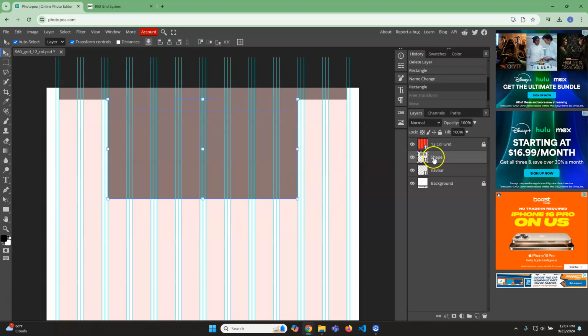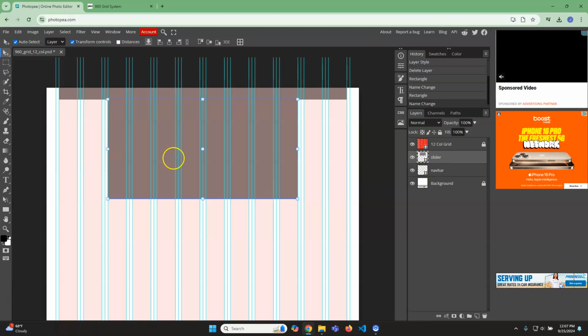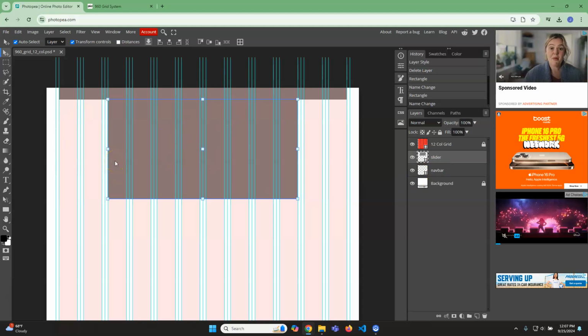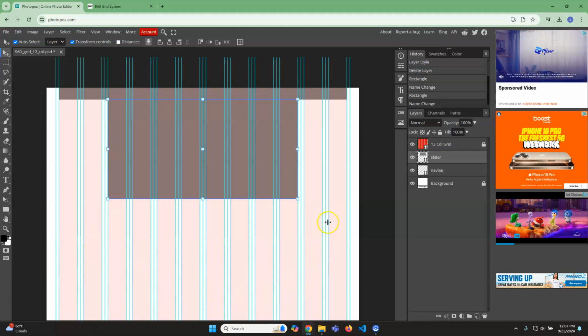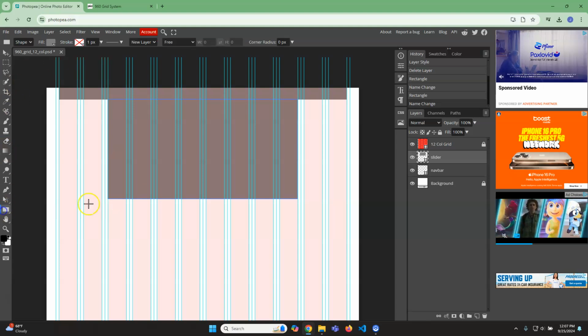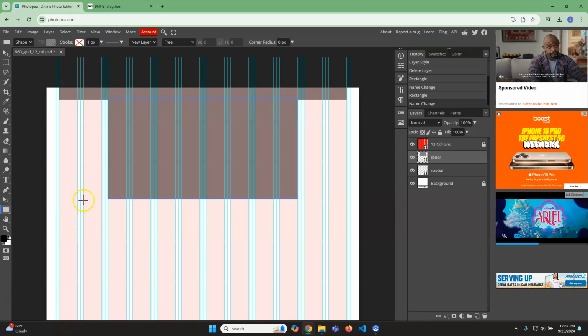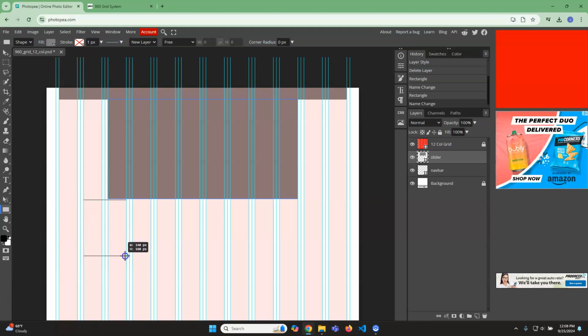So there we go. Let's rename this one, and we're going to call this a slider. Okay, that'll be like our call to action, our big, whatever we're selling kind of thing. Then underneath that, it might be good to have some, we'll call them cards, basically. So we're going to again go to the rectangle tool, and I'm just going to draw one here, and we'll go across to,